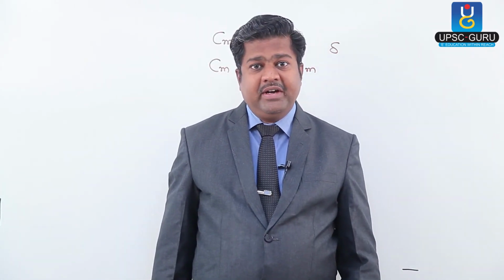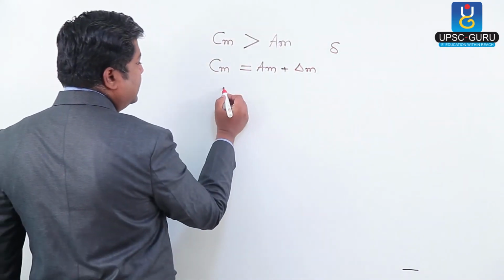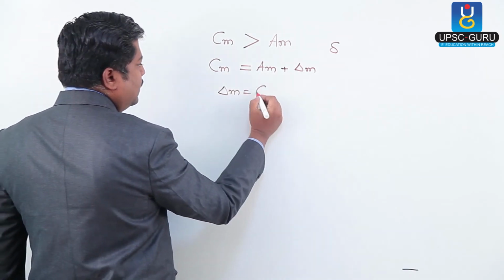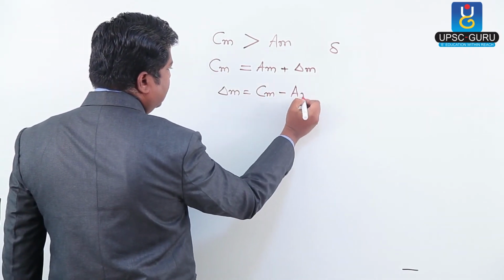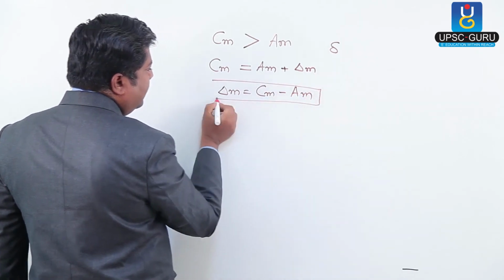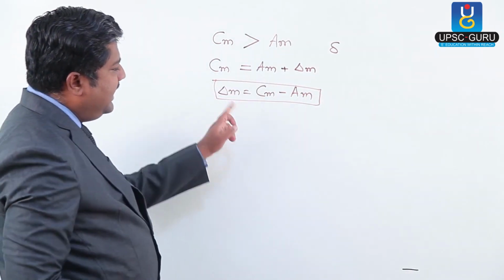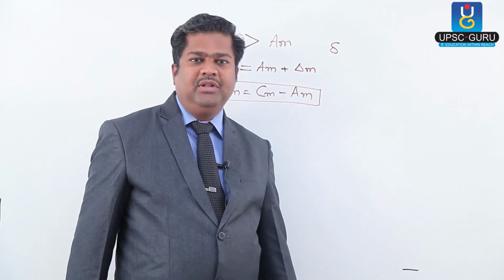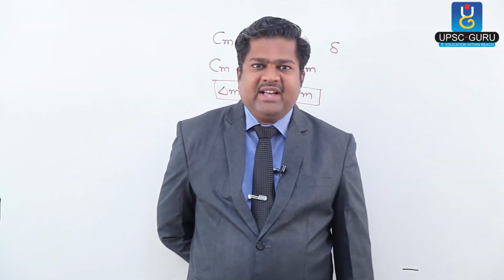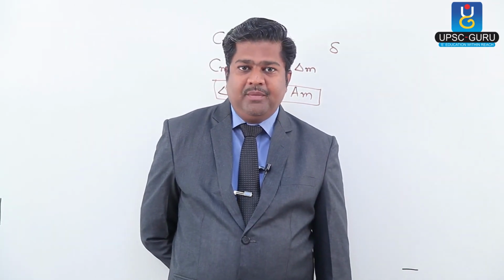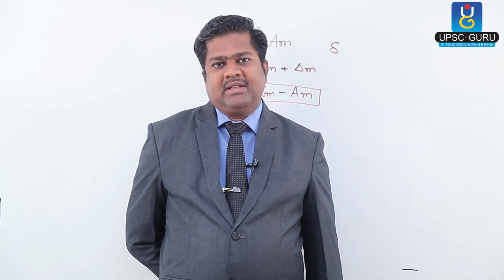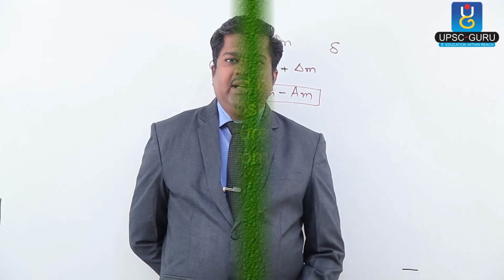Can I define mass defect? Let us check. I have to find out what mass defect is. So I have to take this on this side, so that is equal to the calculated mass minus the actual mass. So how are we going to define delta M? That delta M, or mass defect, is the difference between the calculated mass and the actual mass. We found always the calculated mass is greater than the actual mass except for the hydrogen atom, and therefore the difference between the calculated mass and the actual mass we are calling mass defect.